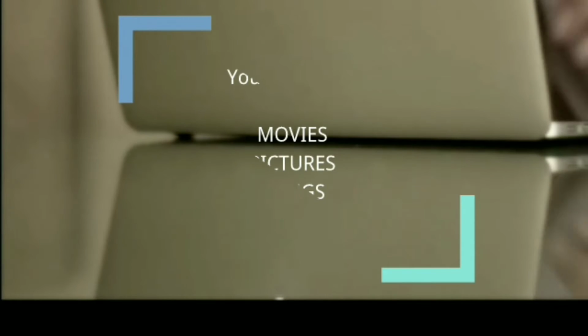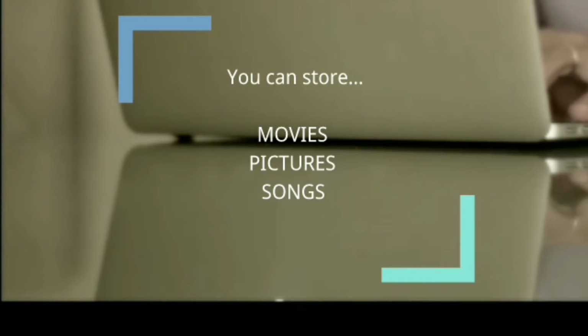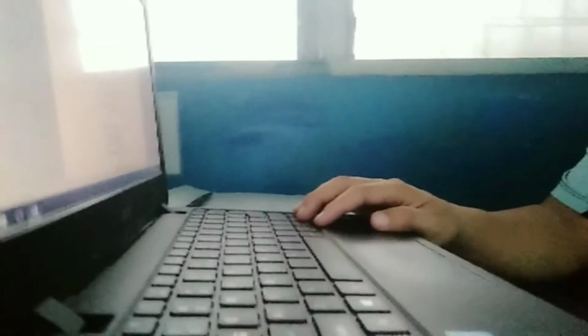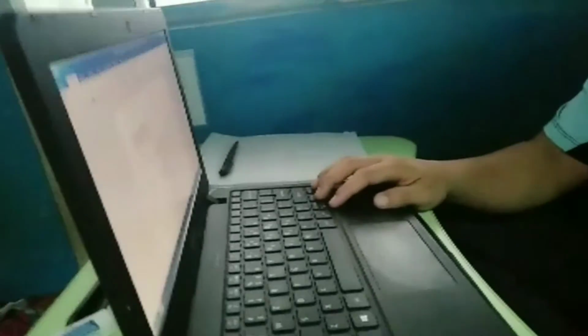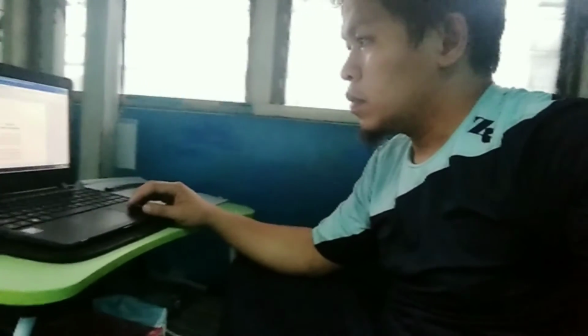Also, you can store movies, pictures, songs digitally and documents on the computer, and quickly find data accordingly and share information between devices. Computers increase your productivity, and with a good understanding of the software running on them, you become more productive at everything you do. For example, once you have a basic understanding of using a word processor, you can create, store, edit, share, and print documents and letters.